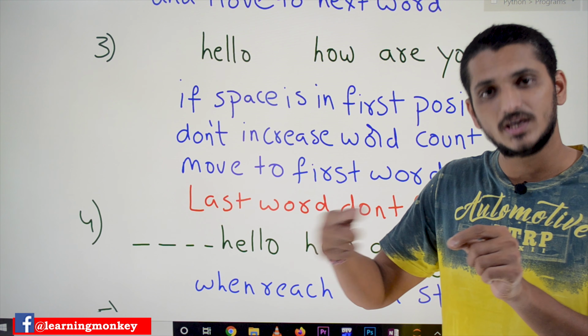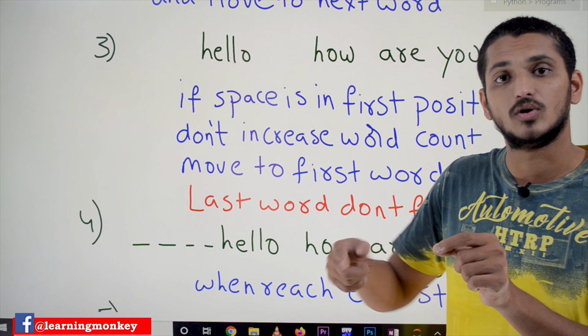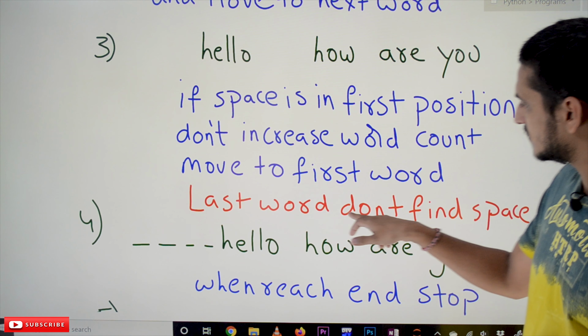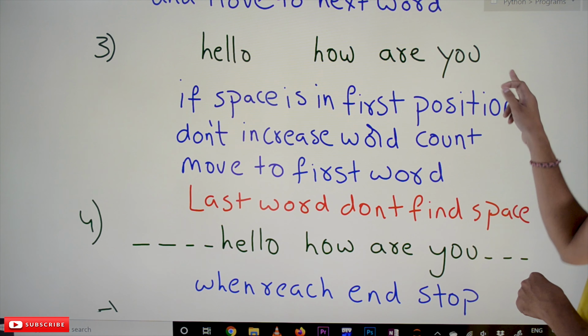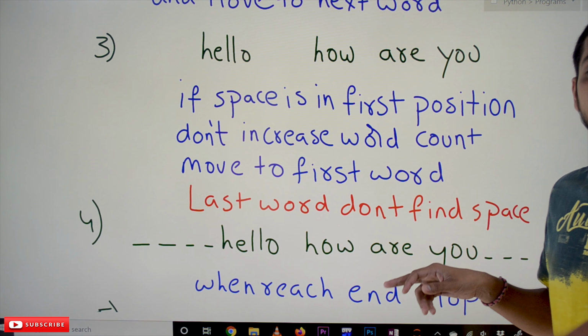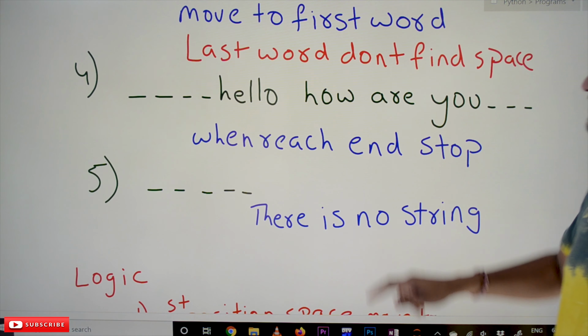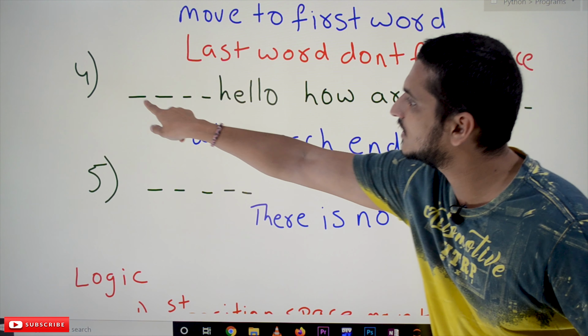Then we have to increase the word count also if it is the last word. So that condition also, if it is the last word, don't look for a space. We don't have any space here, still we have to increase the word count. That is the logic. And coming to the next one, see here, for understanding purpose we have written these are